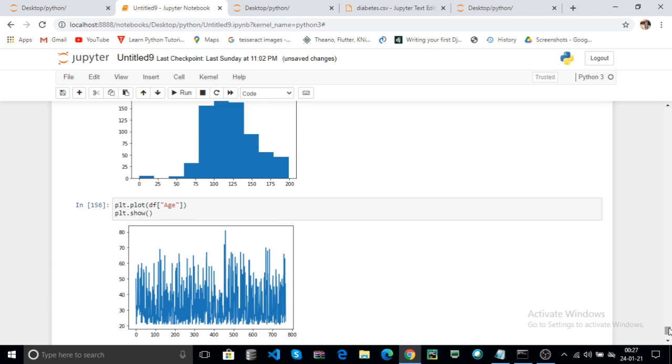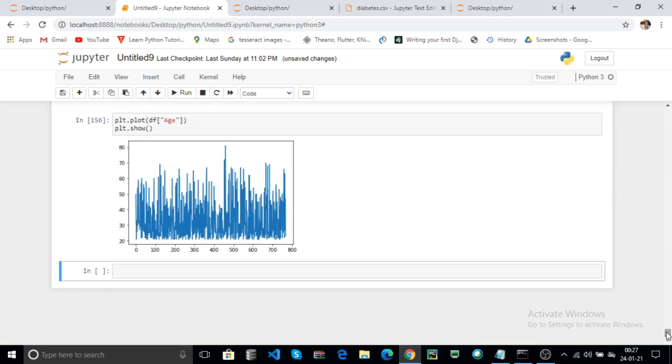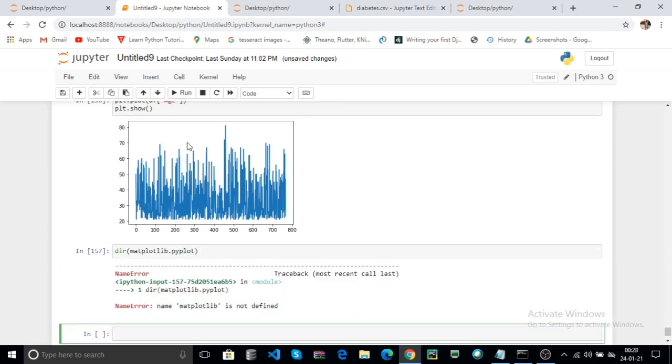Don't worry, you can check what methods are available in matplotlib.